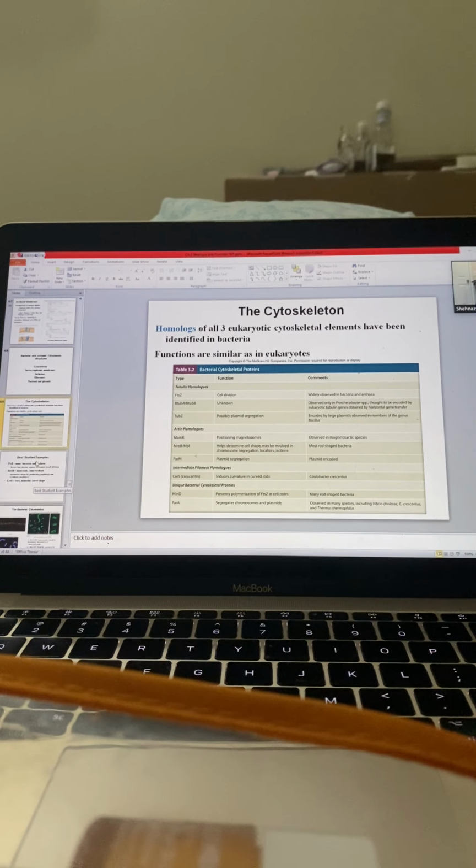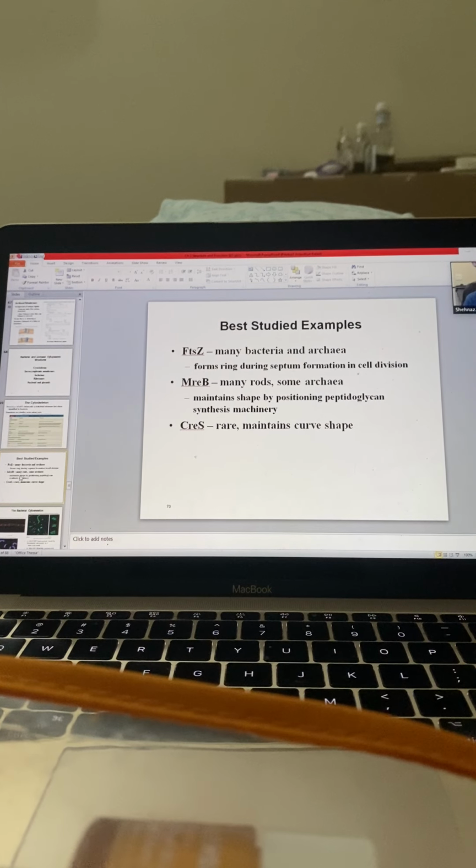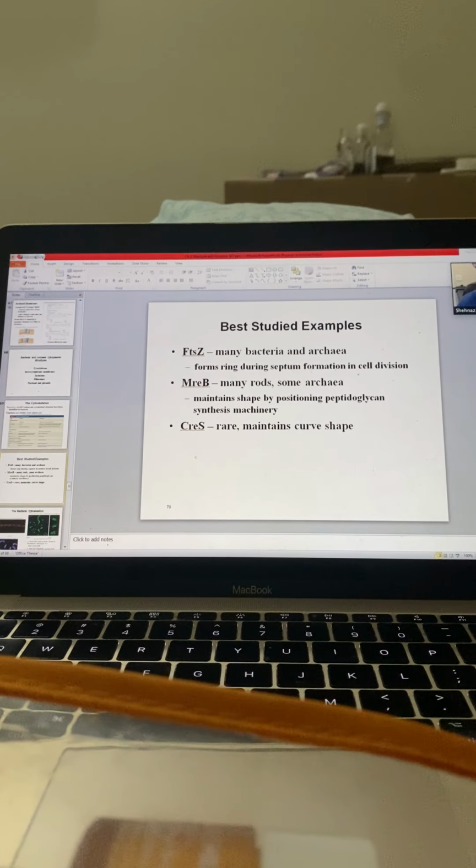So this is a very short list. There are many, many more. So now, just to tell you that there are three that have been best studied, and these were the earliest ones that we had discovered, and we described them as FtsZ, MreB, and CreS, and of course I gave you the functions of these. So here is a